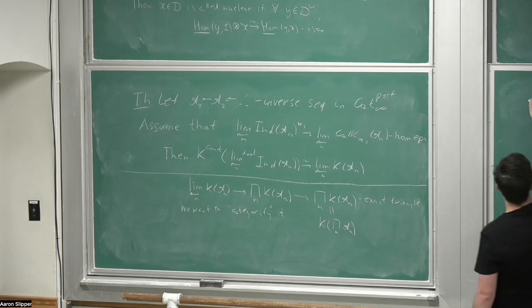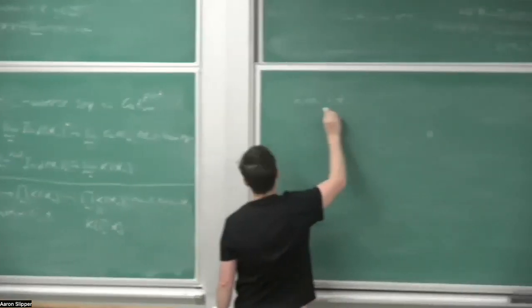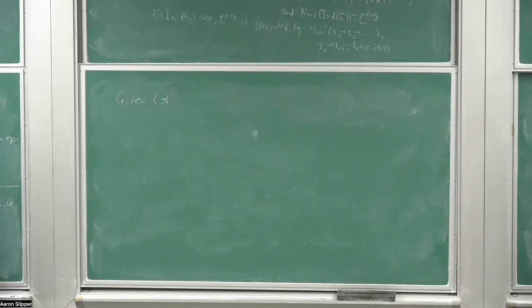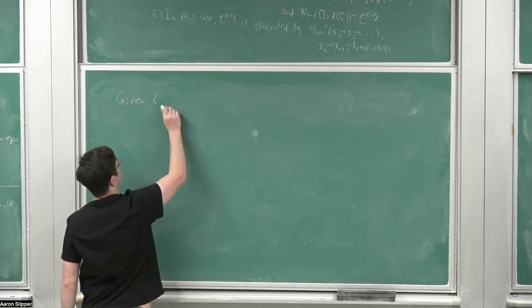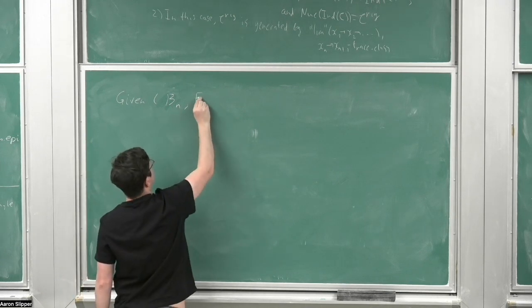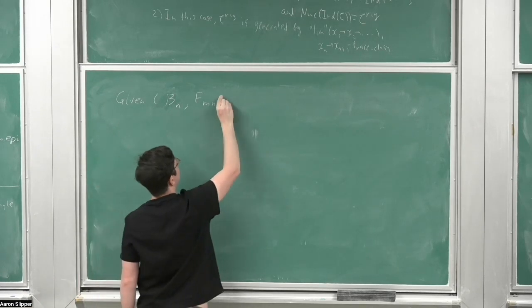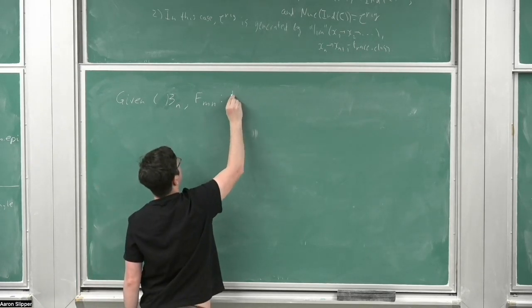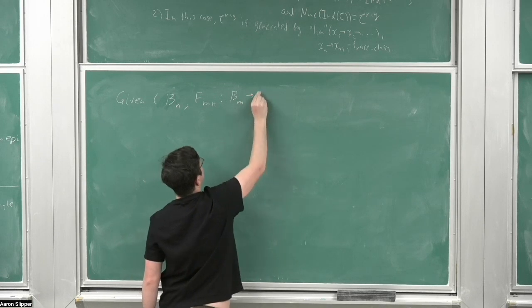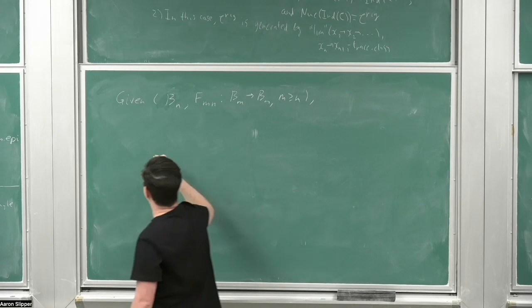Given such a sequence, I'm not even assuming that this condition is satisfied. So given some other sequence Dm and these functors, so it's an inverse sequence, and I'm denoting by fmn the functors from Dm to Dn. We have